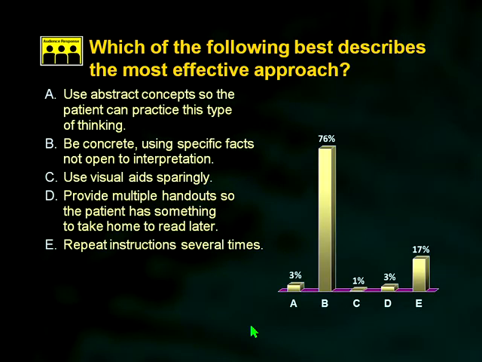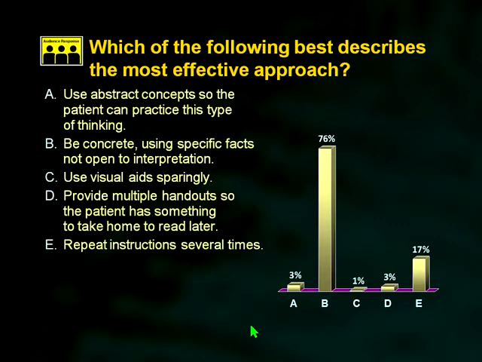Good. So I like your choice. You know, I think it speaks to the fact that you need to think about where your adolescent is at. And older adolescents obviously are going to be able to abstract and use higher level concepts. But certainly the take-home message is during your discussions with adolescents, you need to be very concrete. You need to use very specific facts and information that aren't open to interpretation. So that is the best way to do it.